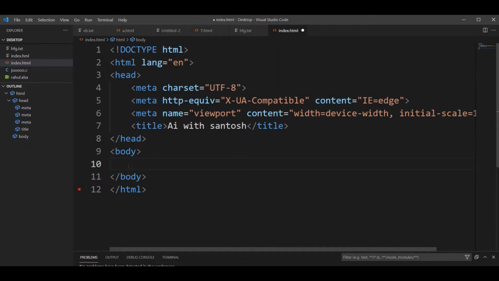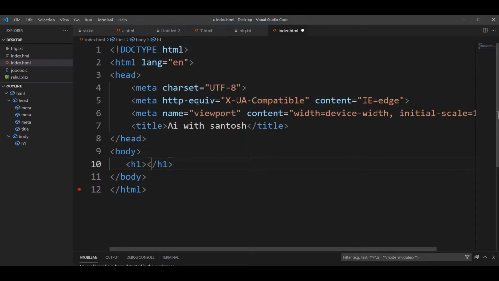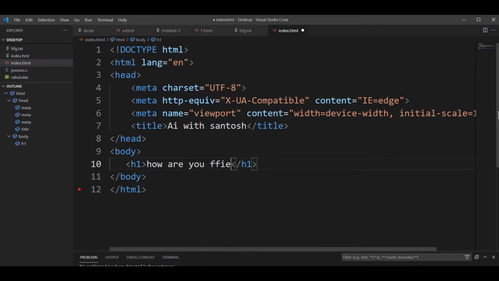So first of all, we will type the heading tag, click on the H1 option on the keyboard, and after this we will press the enter button. We will type some content. For example, we can say, how are you, friend? And we will replicate this statement till the 6th line, friends.